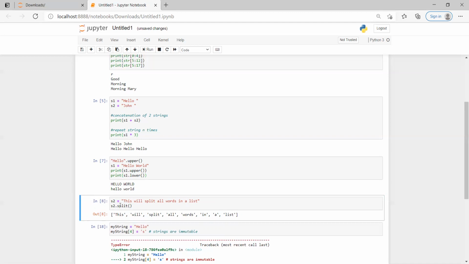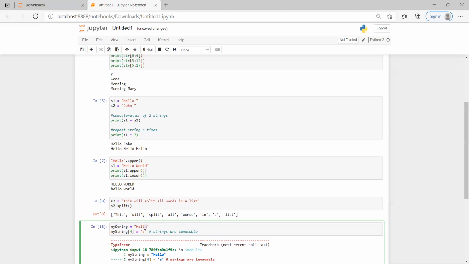If you remember, I told you that a string is an immutable data type. Let me show you why it is immutable. Here, this is my string, hello.